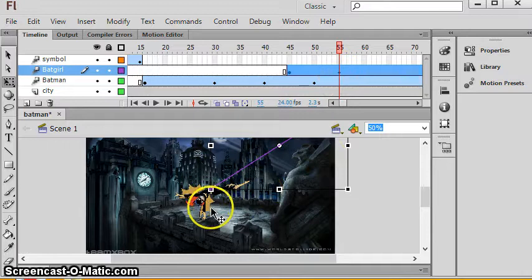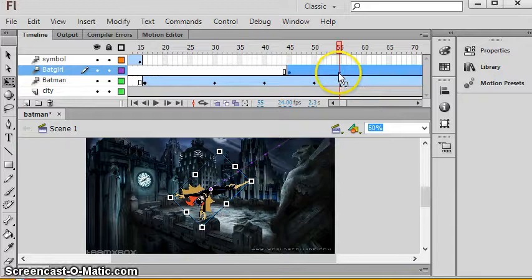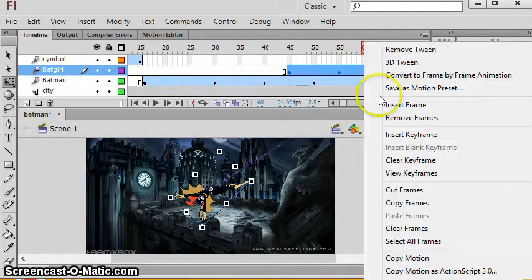Now, if you want her to do a little handstand, here's what's really cool. Maybe I want her to stay there for a few frames before she moves on. I could go a few frames down, and I just really want her to stay perfectly still for this amount of time before she moves on. You can accomplish that if you go here, right click, and